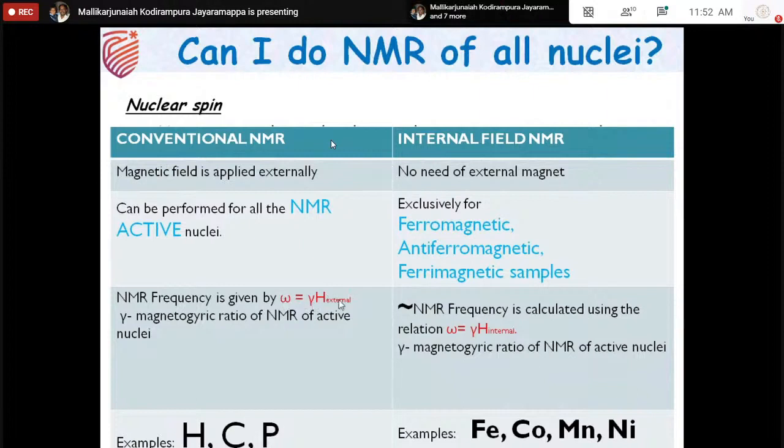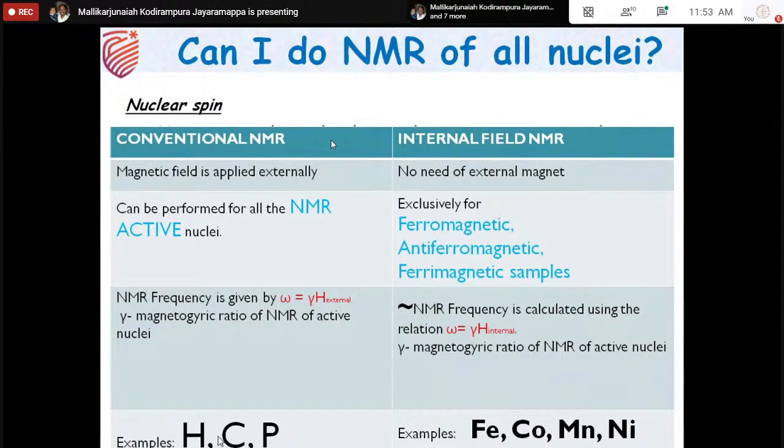gamma times B external, that is, our Larmor frequency is directly proportional to the strength of the external magnetic field. Whenever we are considering a compound which has these atoms, for example, hydrogen, carbon, phosphorus, then I can do NMR. Except for other technical reasons, I should be able to do NMR of all the compounds which have these atoms. But there is another way of detecting NMR, that is through internal